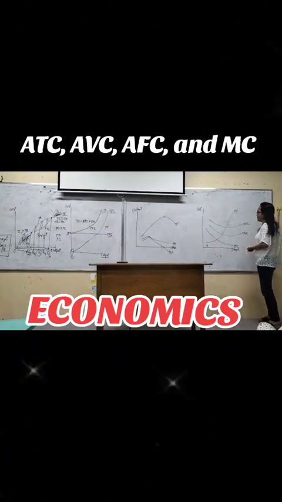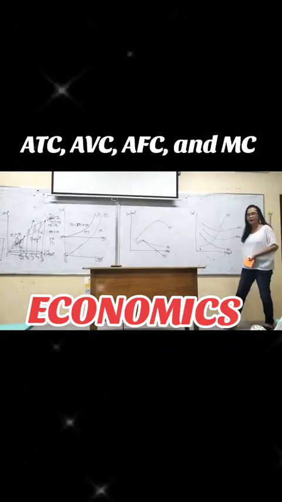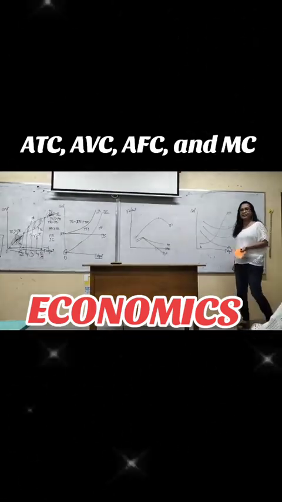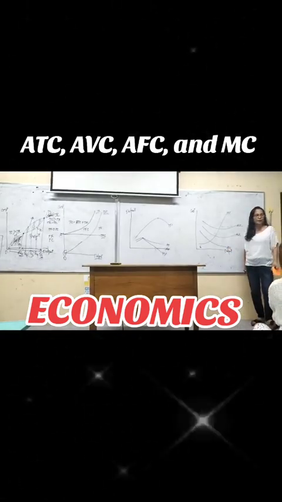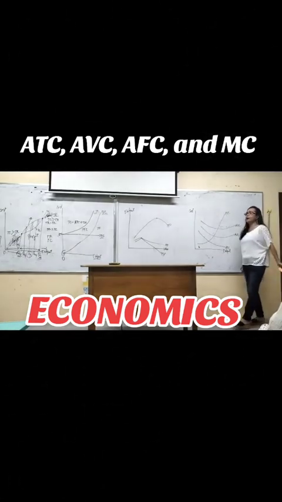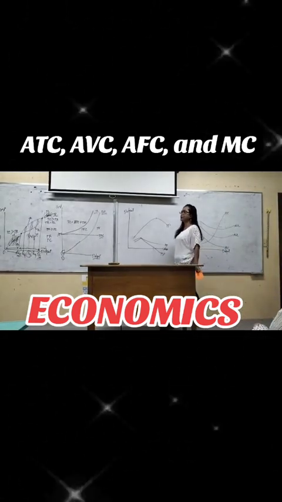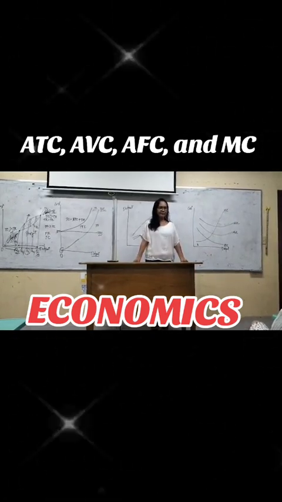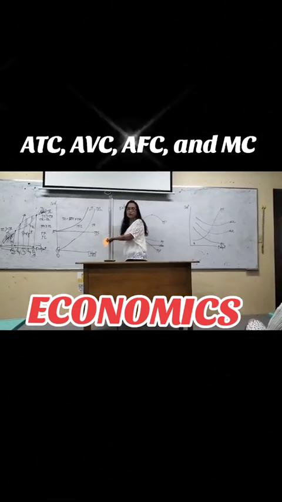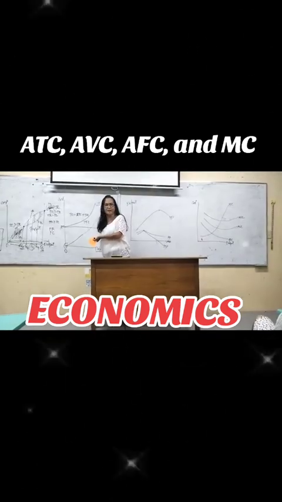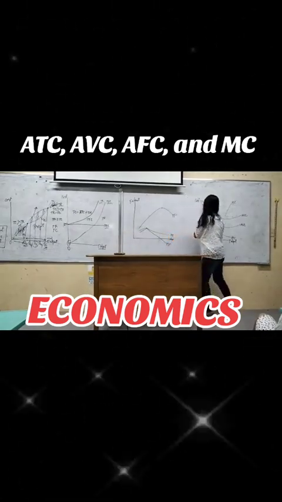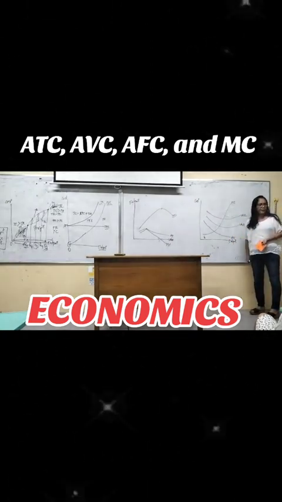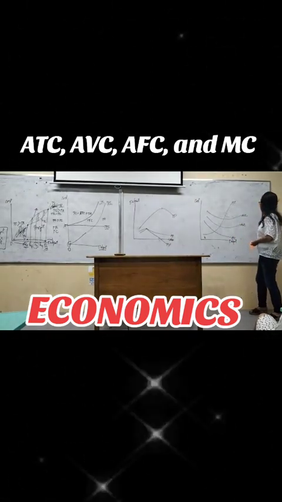Okay, now this is the per unit cost analysis. That one is the total cost analysis, and this one is the per unit cost analysis. That means you have to determine the cost of producing the product per unit. In the other case, you just have to simply determine the total cost. But here, you have to compute the cost of producing the product per unit. That's why we have what we call